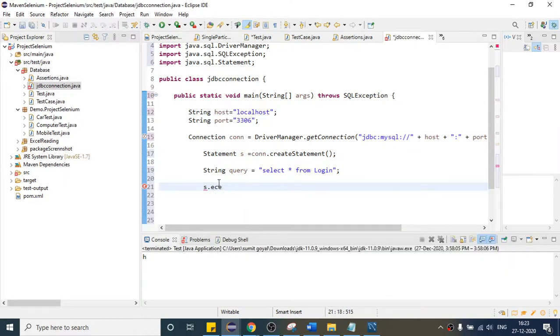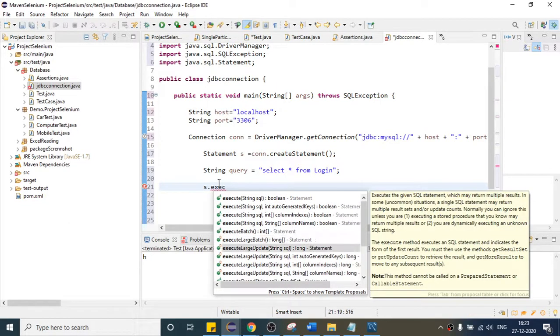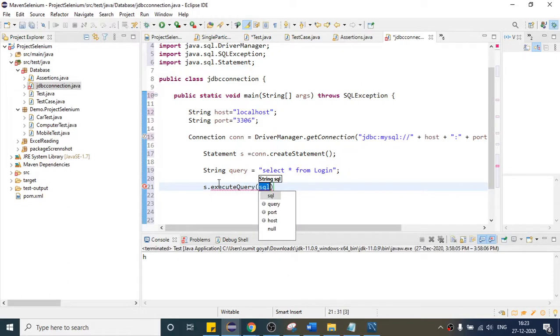Now once we have created our query, I want to execute my query. This will give you one command which is execute. I think it is executeQuery, right? Inside that you have to pass this. Once it executes this query, it will give you one result. You can catch that result into one ResultSet result. So whatever output this gives you from the database, you can catch it in this result variable.